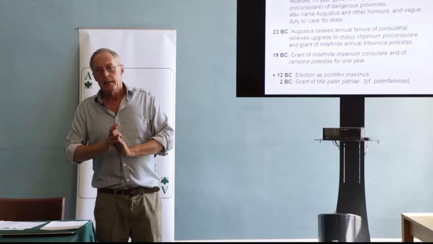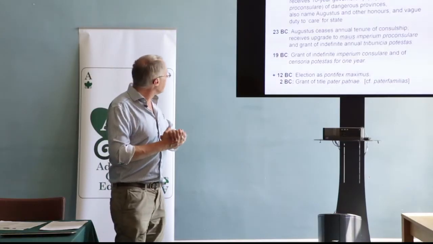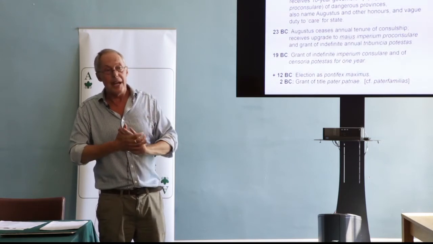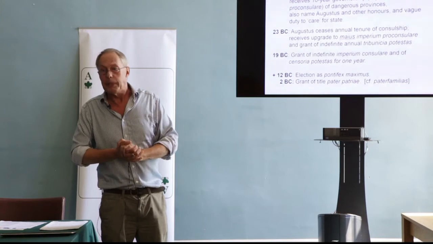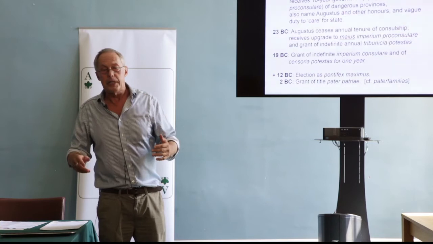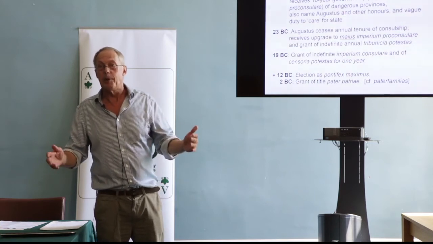And that's a key step in moving towards how you can run a monarchy within a res publica, by abstracting power so that people, instead of having to be re-elected year after year, which is clearly wrong, are just given a power. Then what happens, we're not going to go into the details, over the next few years, Augustus does what he never does any other time in his career, he plays to the people. He starts giving out free grain, he gives them loads of money, he goes off to the east and has this fake victory over Parthia. He just recovers some standards.